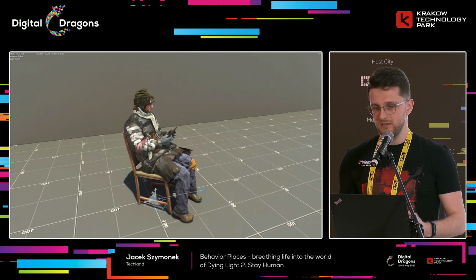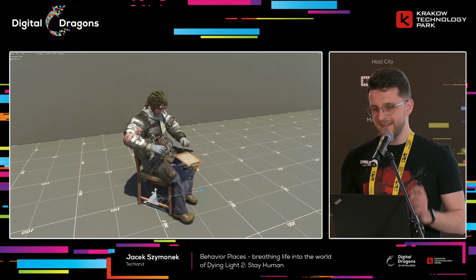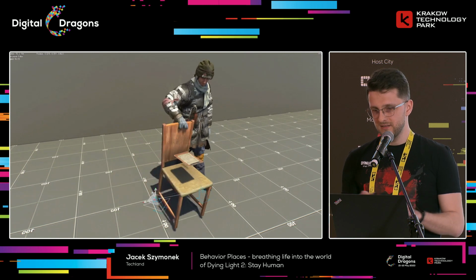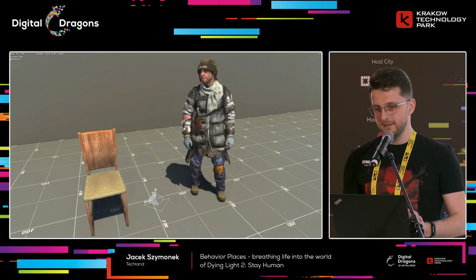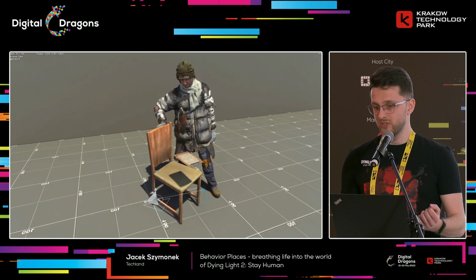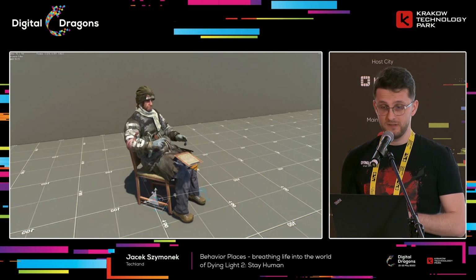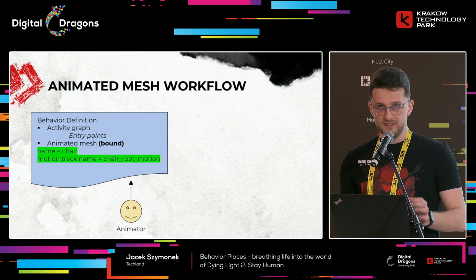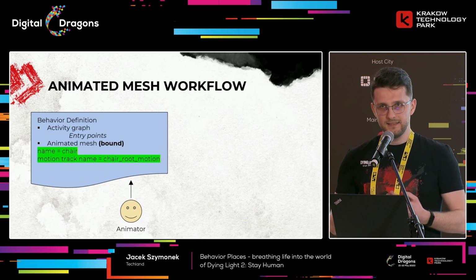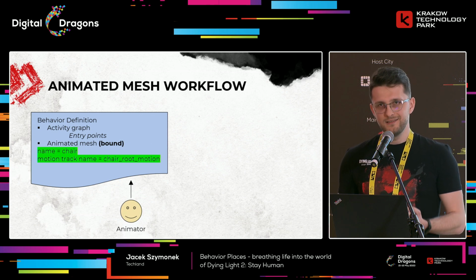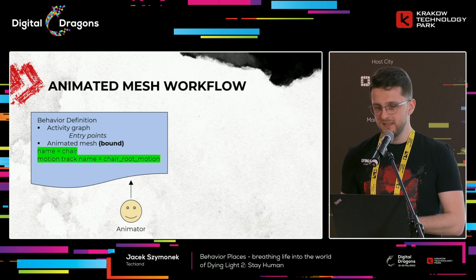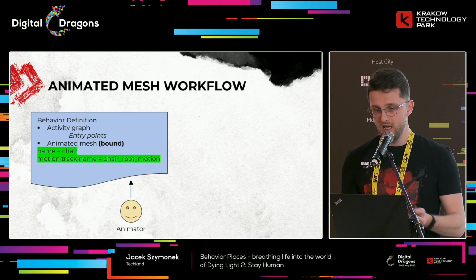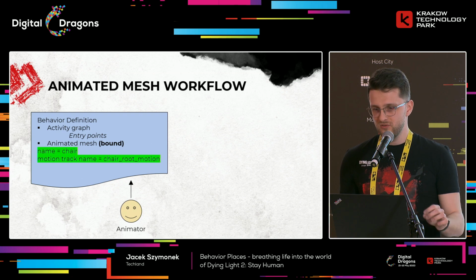So the animation is changed, it's imported into the engine, but now it has additional data for the movement of the chair. And let's call that the chair root motion. And how do we make use of it? First, every definition asset contains metadata about the animations. We know that in this chair sitting scenario, the chair is now animated. So the animator adds that information to the definition. They define a generic name for the animated item, like the chair, and the name of the special animation track that I mentioned before, the chair root motion.